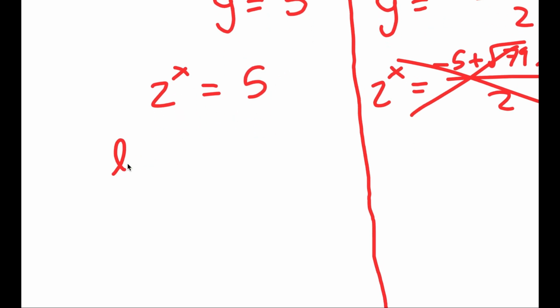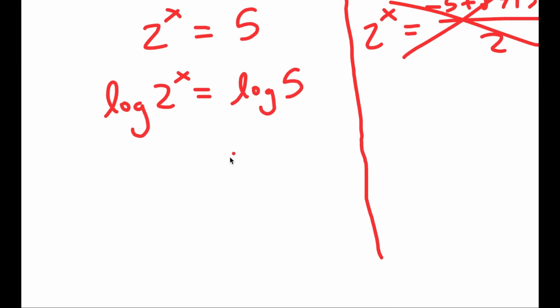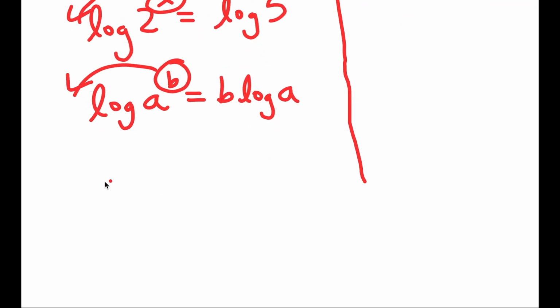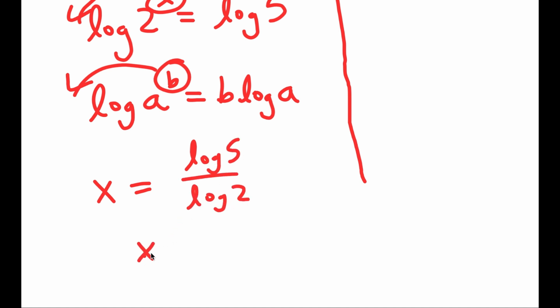And to solve this, I'm going to take the log on both sides. So I have log 2 to the power of x is equal to log 5. And if I have something in the form log a to the power of b, I can move this exponent b to the front. So this turns into b times log a. So in this case, I have log 2 to the power of x. I can move x to the front. So now I get x is equal to log 5 over log 2, meaning x is equal to